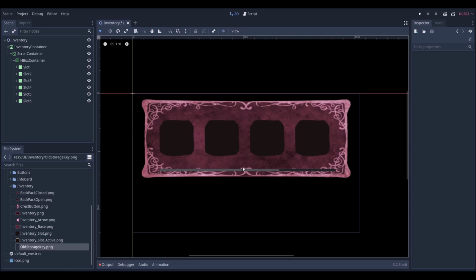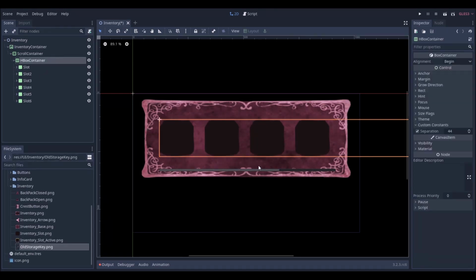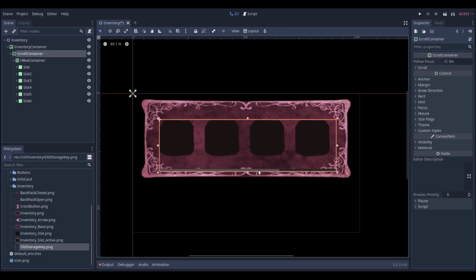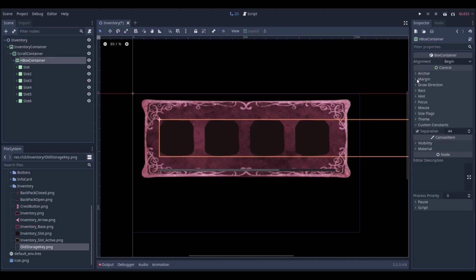Okay, so now I have this scroll bar, but as I told you, I don't want to use the scroll bar in order to navigate. I want to use some arrow buttons, which will go left and right. So to do that, I need to hide my bar here. I'm going to hide my bar to explain how this logic works. I'm going to hide this bar here, so it will not be interactable, but I'm still going to use it to manipulate its value. Okay, because if you go to the bar here and go to